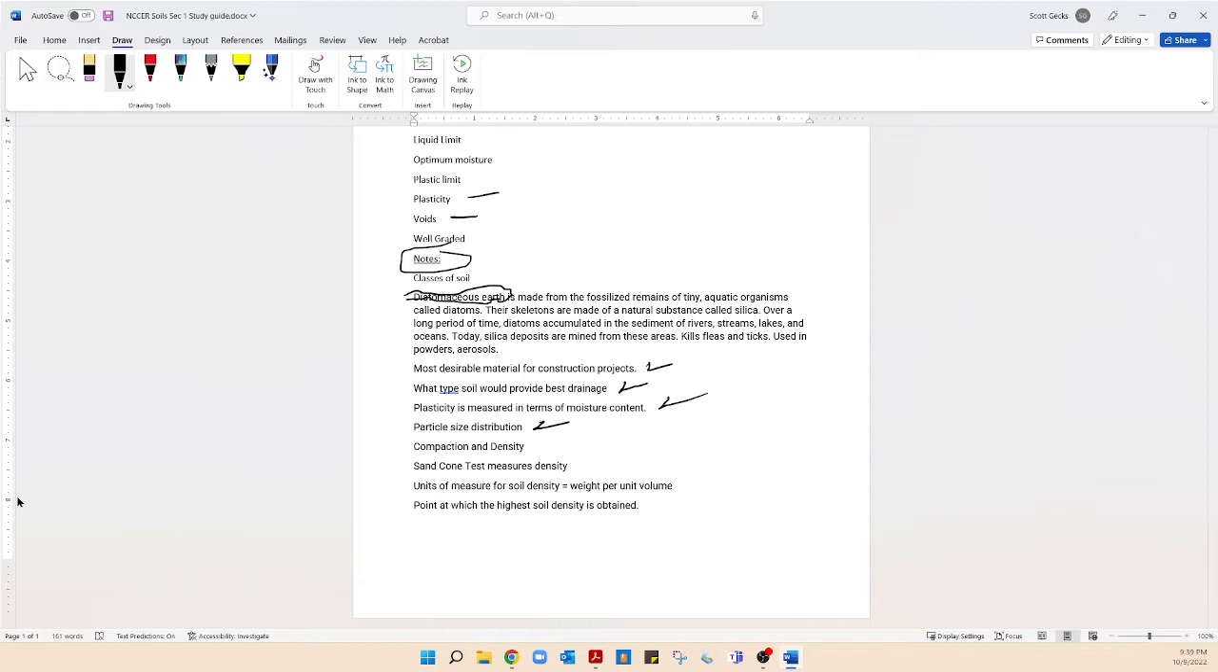There's a good definition of compaction and its relation to density. There's a sand cone test that we can look at, but we're just going to breeze by it. These are things I want you to read because I'm not going to take up your time all morning to talk about them. Units of measure for soil density is weight per unit volume, like pounds